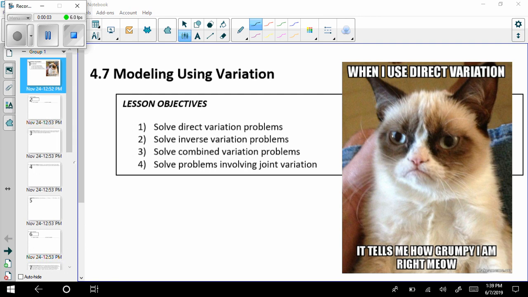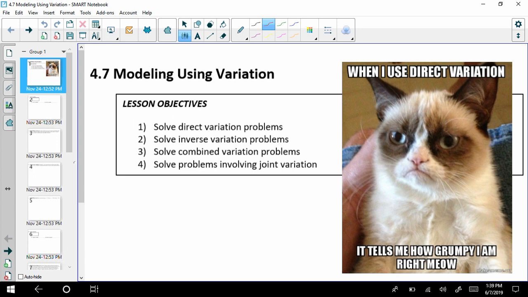All right, we have reached the last section of Unit 4, which is on something called variation. Basically, this final section talks about if you have multiple variables, looking at how they are related to each other, or how one affects the other. So there's going to be basically three types of variation, or three ways that things can affect